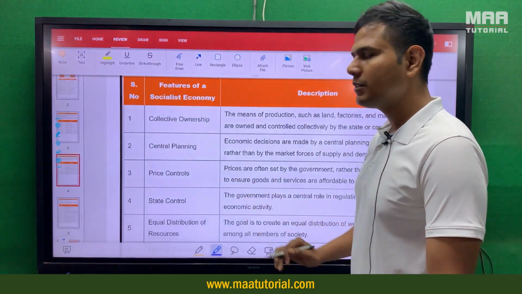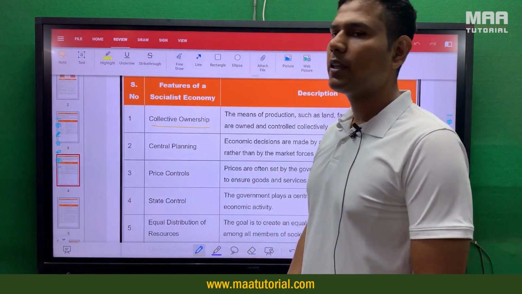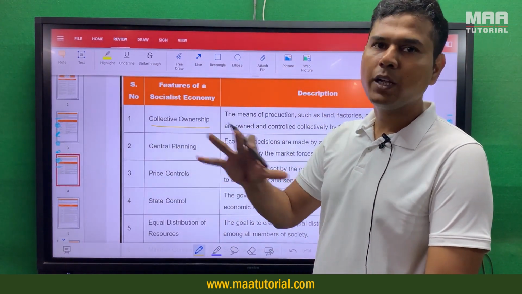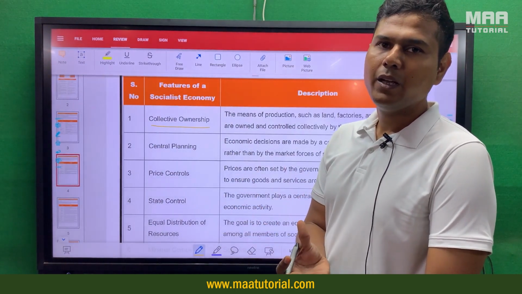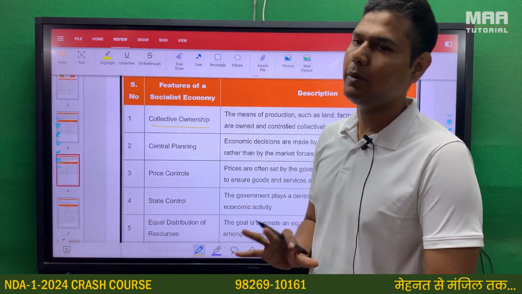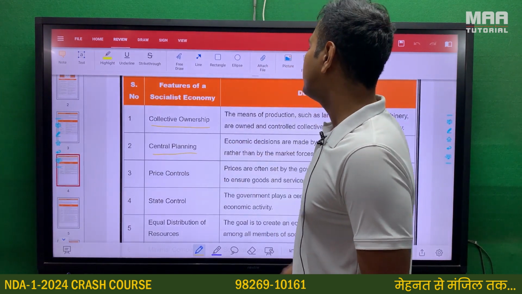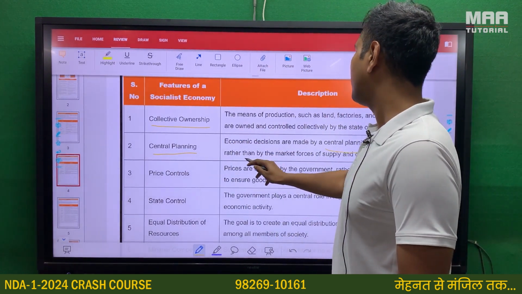So let's take some examples and understand it. There is the idea of collective ownership. There is nothing which is owned by private individuals. Everything is owned collectively by the people. Basically, the resources of the country are under the ownership of all the people. Central planning: the idea is that decisions are made by a central planning authority rather than the market